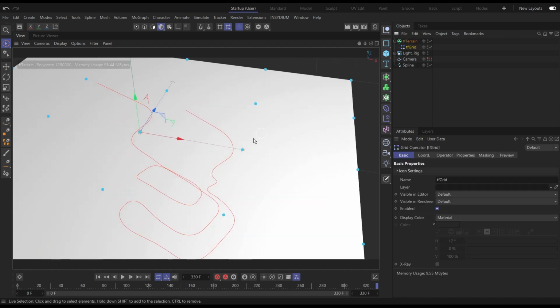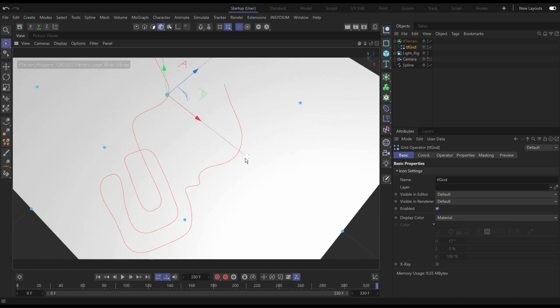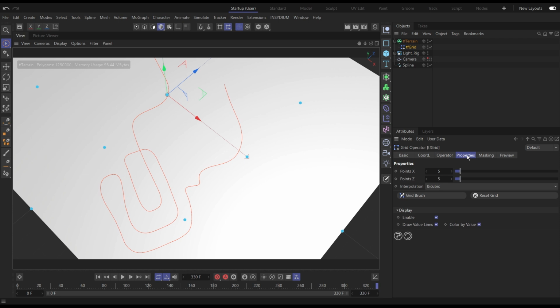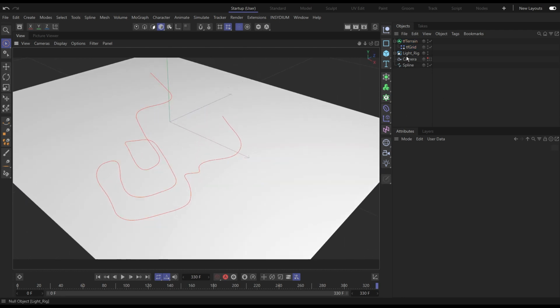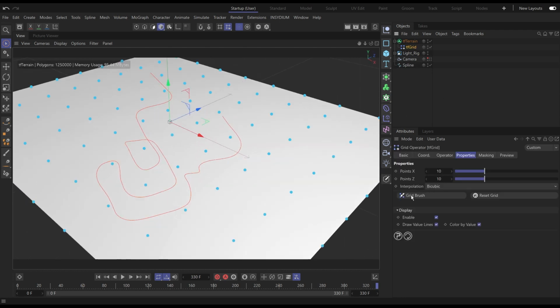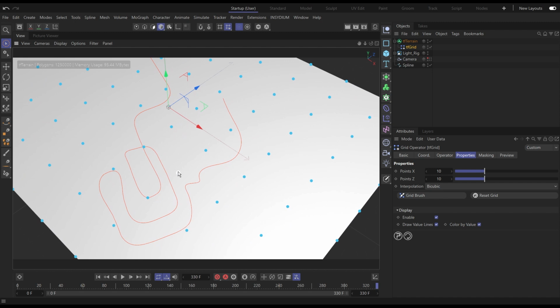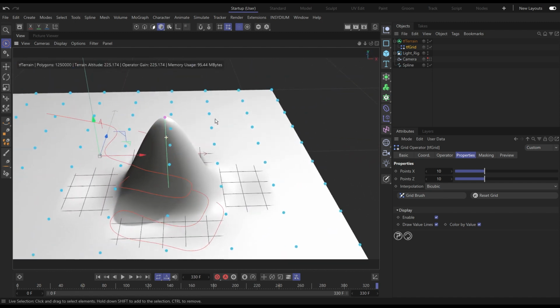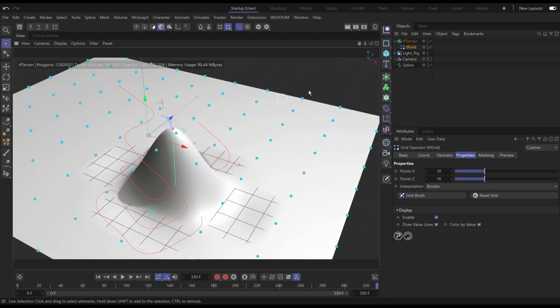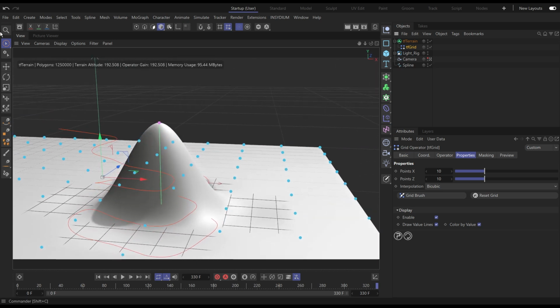Let's go to our grid, and we don't actually have a point that's available there, so let's increase the grid resolution. We'll go to the properties tab and let's increase this to 10 and 10. Now of course we could use the grid brush to paint in the elevation of our grid, but let's just start by picking out some of these manually. So we'll raise this up in our scene,